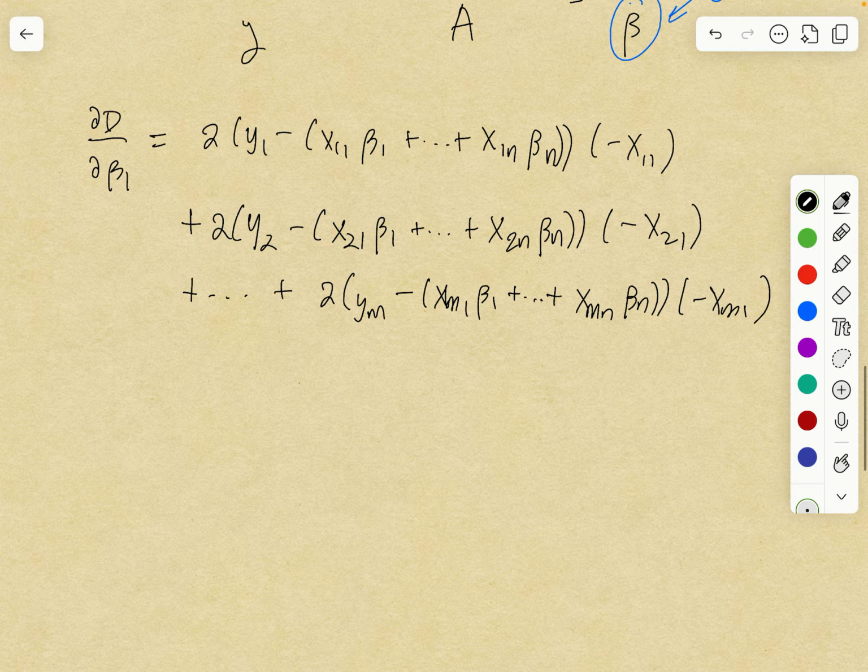So that's the first partial derivative. Now if you think about what happens for the other ones, in general, if you take the ith partial derivative,